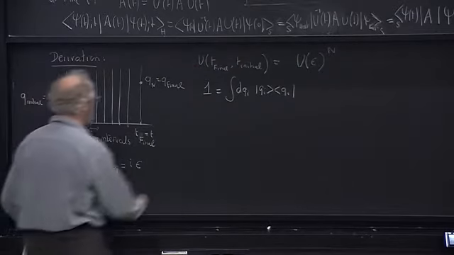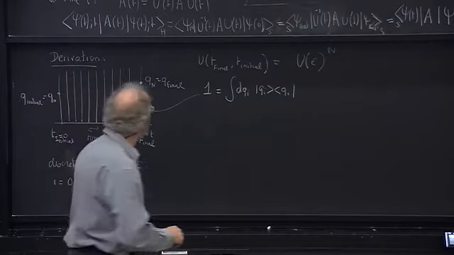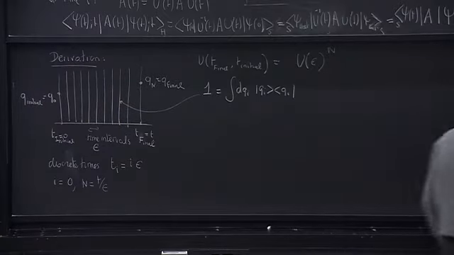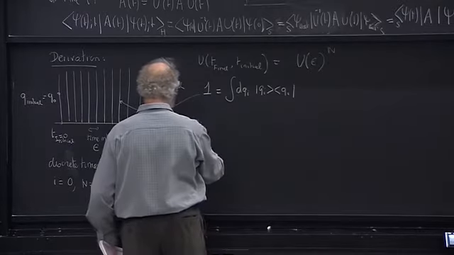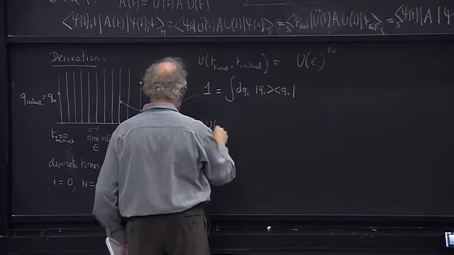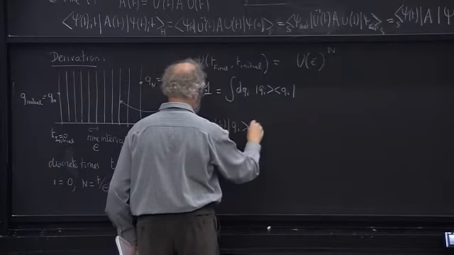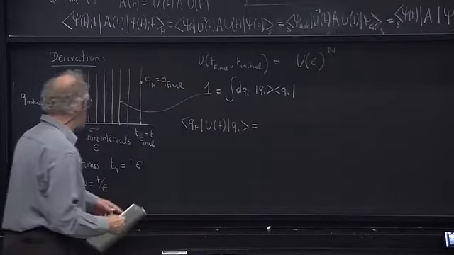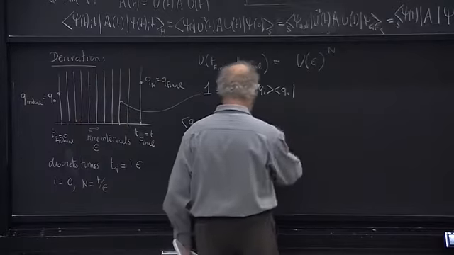So you insert unity between each point, so that you write this matrix element, <q final|U of t|q initial>, as a product of n matrix elements of the form